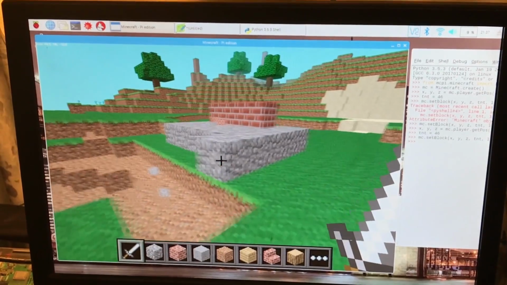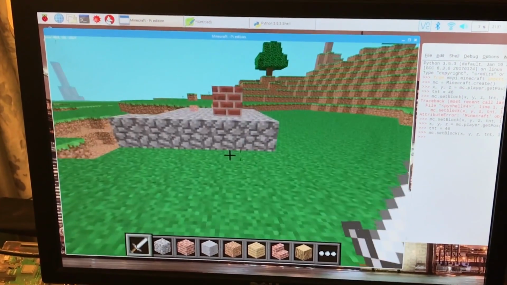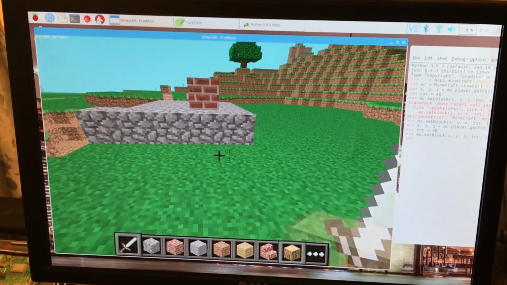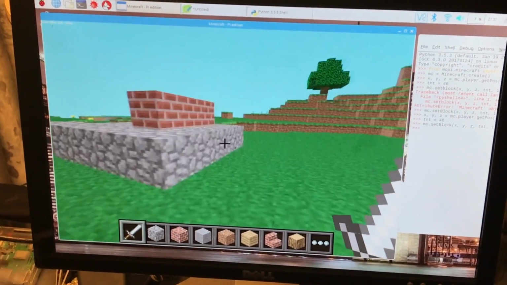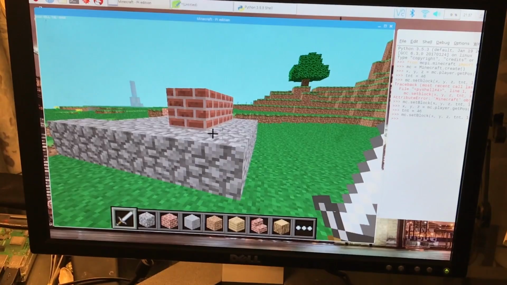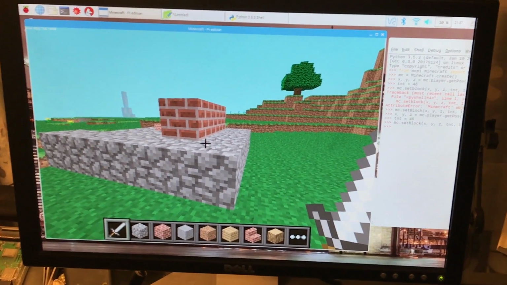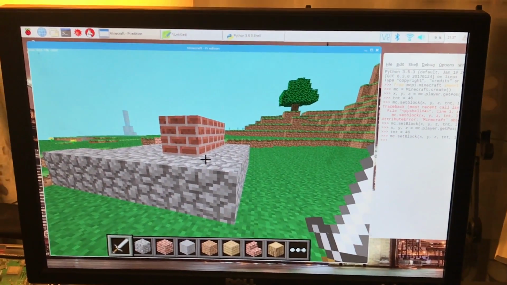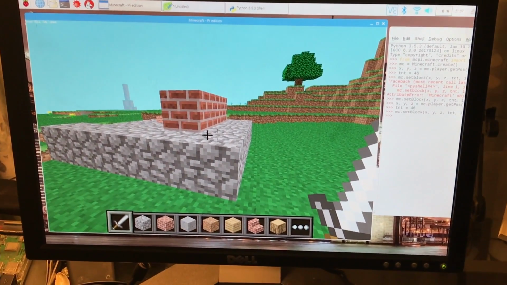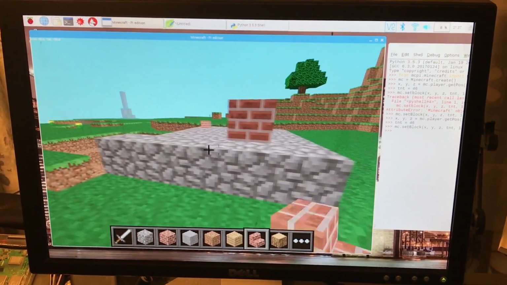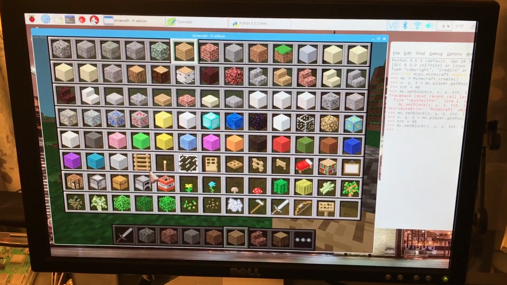Okay, so I didn't get to blow up the whole thing. Why? Because I didn't have enough TNT. Now, I could have put multiple blocks of TNT and blown up each individual thing. But one of the reasons that we use programming is actually to minimize the amount of work we have to do, right? So if we have a repetitive task,